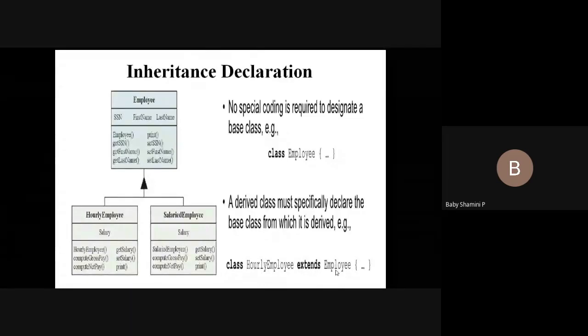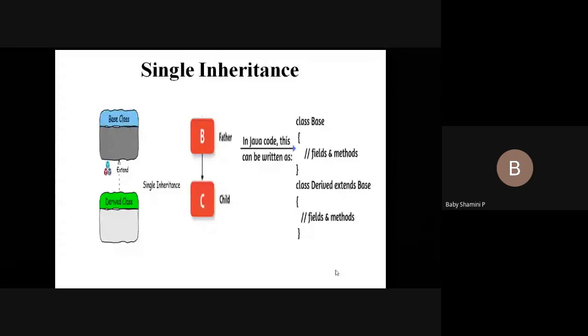So next one, single inheritance. First one is single inheritance. Single inheritance means it contains one base class and one derived class. The derived class extends properties from the base class, or inherits properties from the base class, and also this derived class contains its own properties. So consider this is father, this is child. The child has its own properties as well as it inherits properties from the parent class.